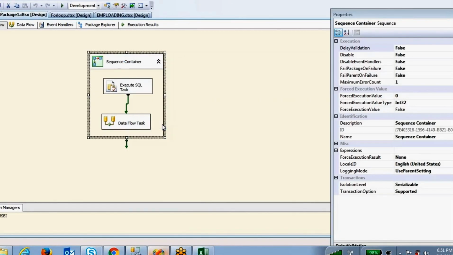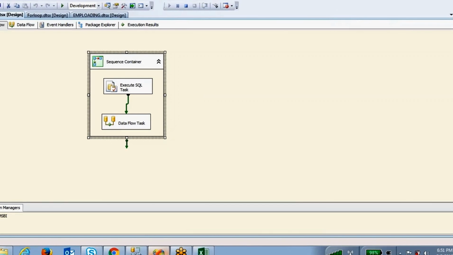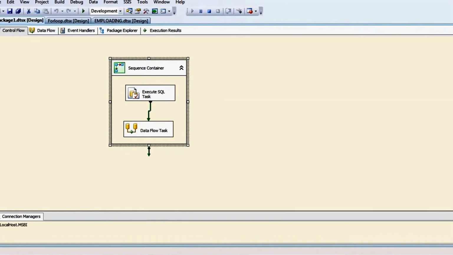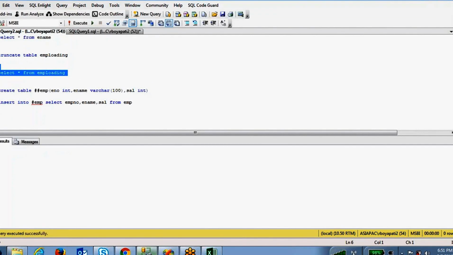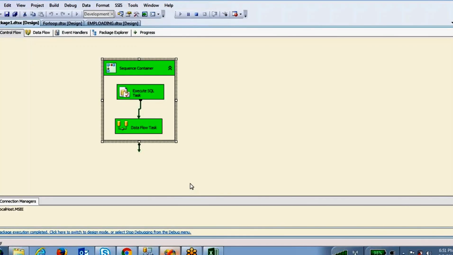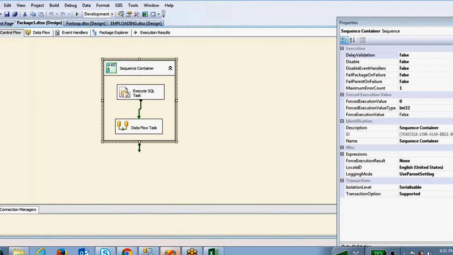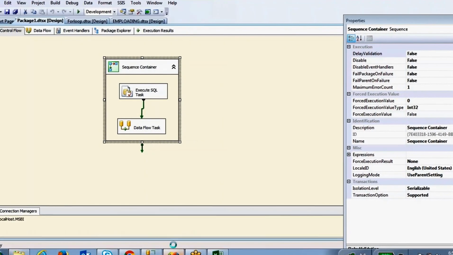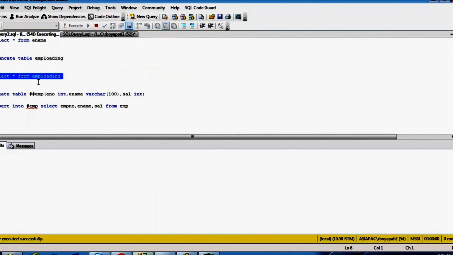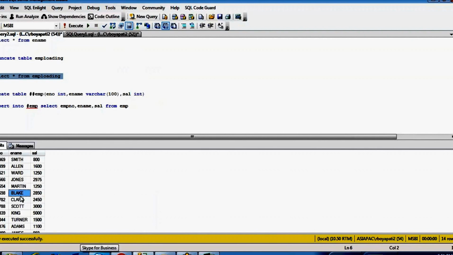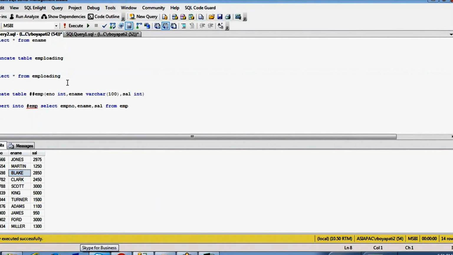Right click, execute. The data is coming into EMP.